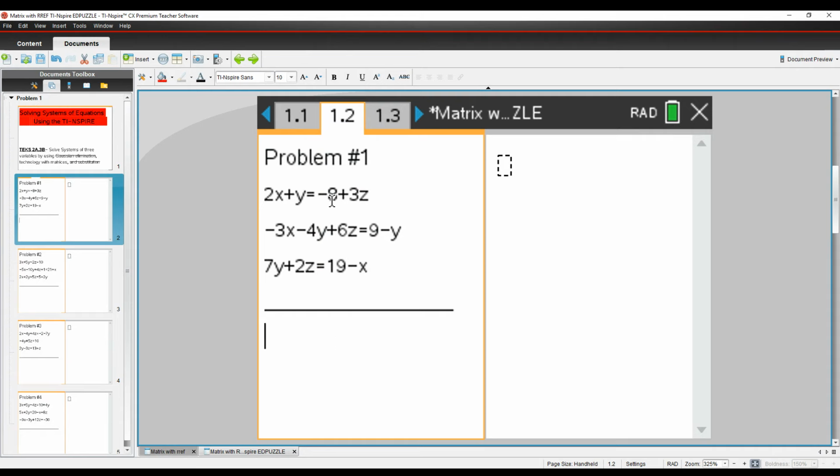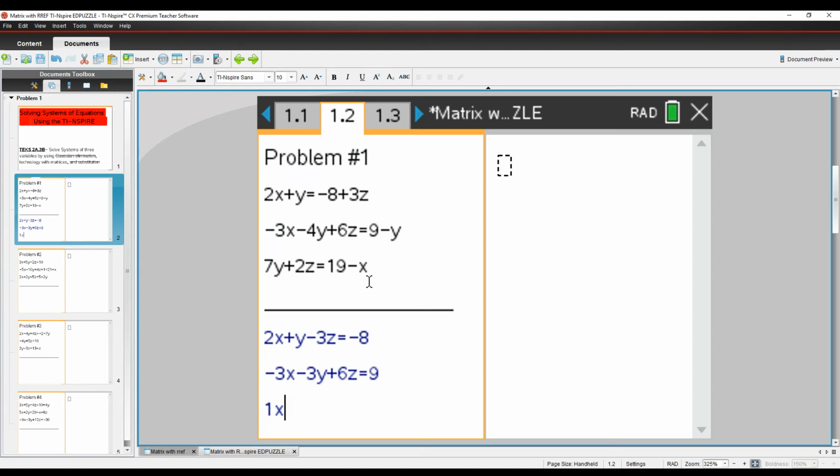In order to do standard form, we must move this 3z to the other side. So this first equation becomes 2x plus y minus 3z equals negative 8. The second equation, I have to move over this negative y. How do I get rid of a negative y? I have to add 1y to both sides. So negative 4 plus 1y is negative 3y. And on the last equation, I'm going to get rid of this negative x by adding 1x